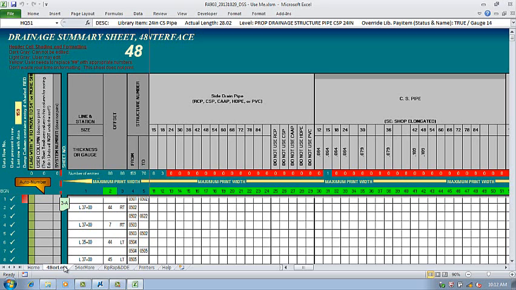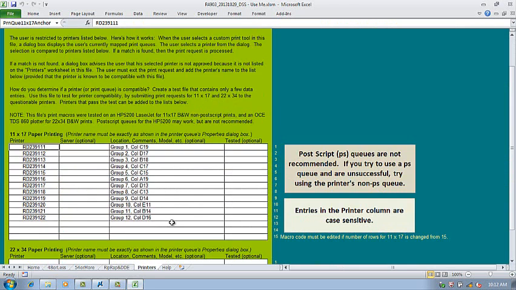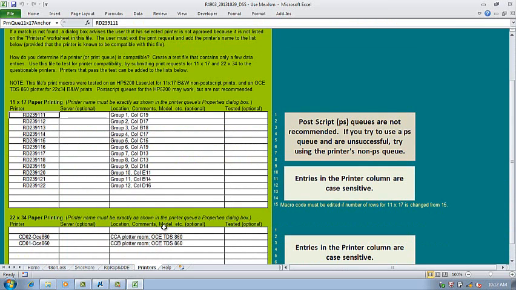Let's talk briefly about this thing called the printers worksheet. You have a copy of that as a handout. I'm going to go over to it right now. And I mentioned that